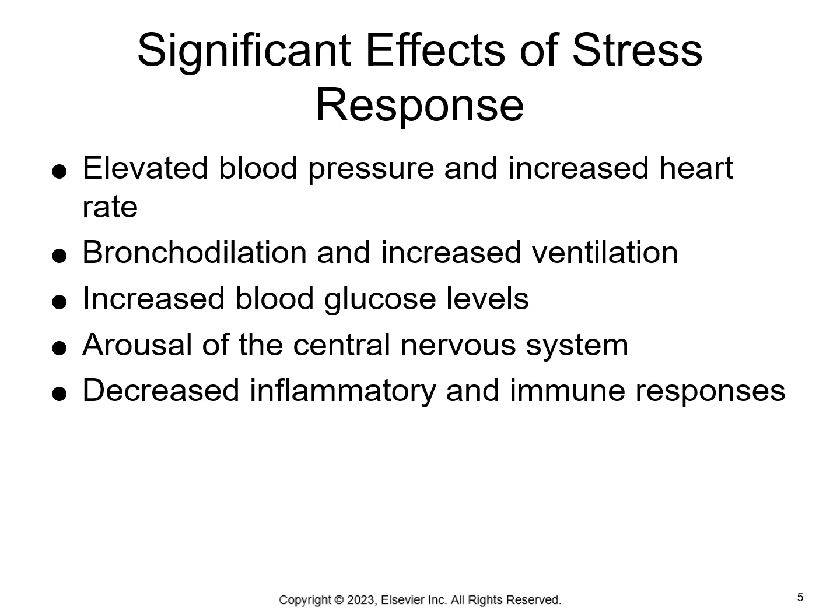So that increase in the blood glucose level also comes from the liver. Glycogenolysis and gluconeogenesis are happening in that liver. We also have protein catabolism in the muscles, as well as lipolysis. Arousal of the central nervous system. Again, we need to be aware of what's happening. We'll see decreases in the inflammatory and the immune response from the release of that cortisol from the adrenal cortex.